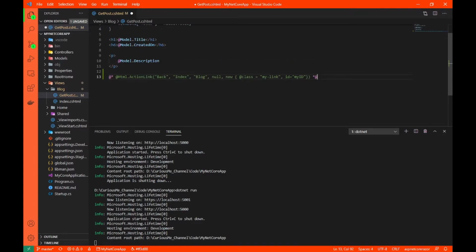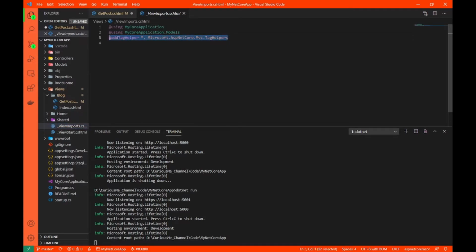Now to start using tag helpers in your file, just go to view imports and make sure this line is added. I have created this template using .NET CLI, so this specific line was added by default. If you do not see this line, add it. It imports all of the tag helpers present inside this namespace and makes them available to all of the views. Now this view imports file we have already discussed in the sections and layouts video. Use this link to go to that video, or the link is also in the description down below. Once you are done there, come back and try it, so you will understand what this view imports file does.